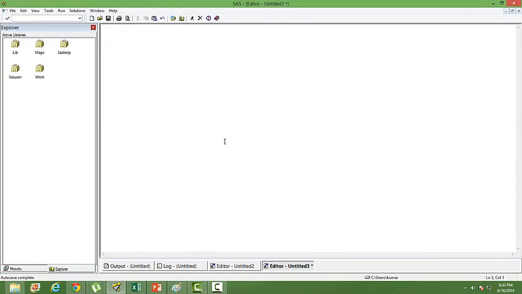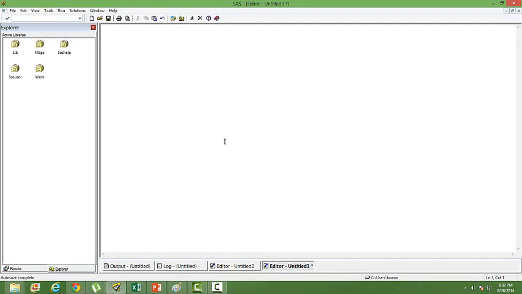In SAS, the first thing we should learn is about library. How to create a library in SAS. Okay, and how many types of library are there? I have already told you that there are usually two types of library.